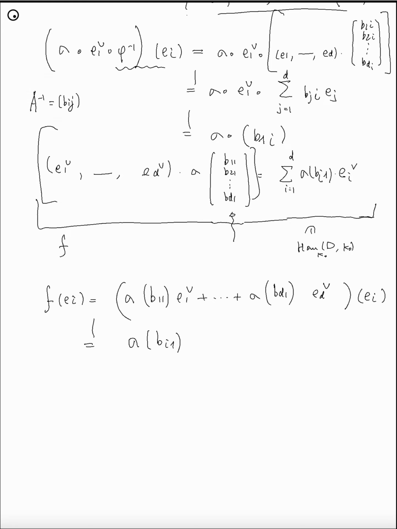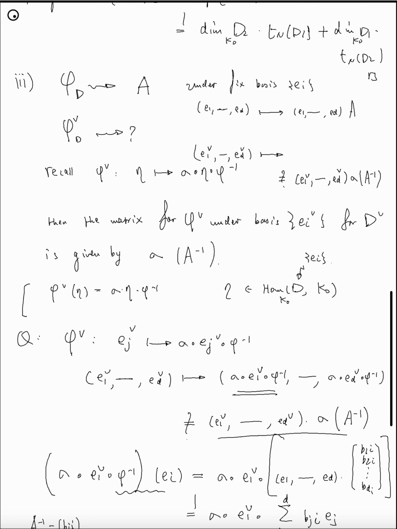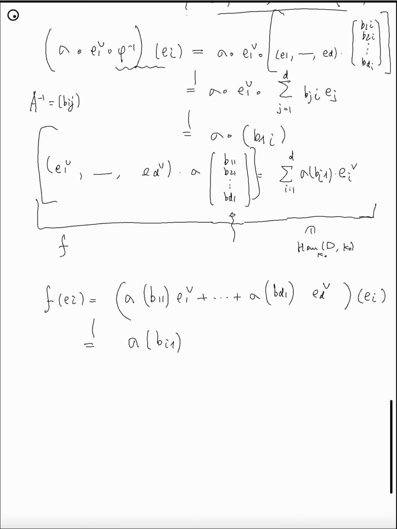So bi1 times ei du. This element, as an element in the du of d, when you evaluate it again, test it on an arbitrary base element ei, it gives you